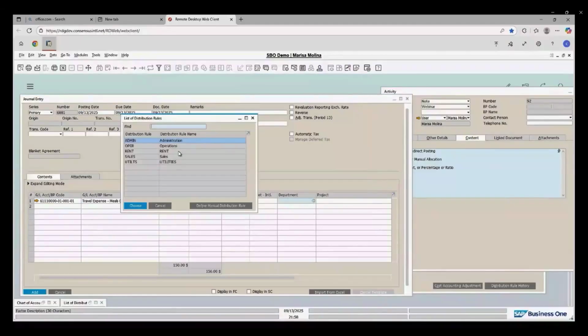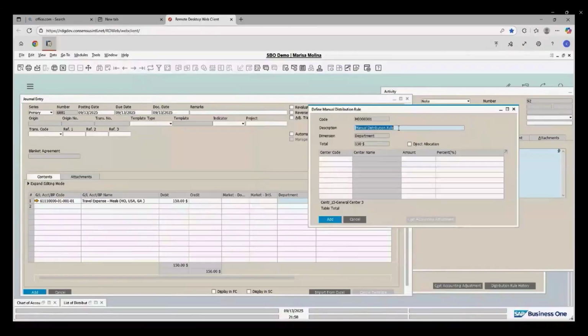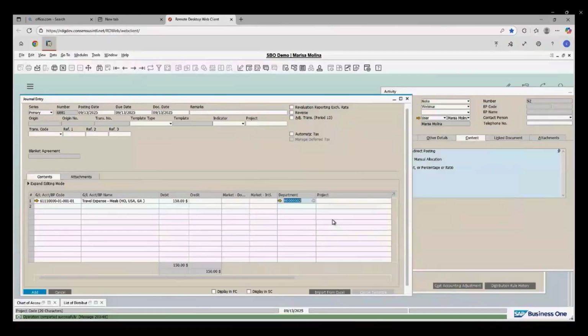But let's say that I want to define a manual distribution rule, because in this case, only now I want to assign these travel expenses to sales, and I want to say percentage 100%. Okay, and that's it. So in here I could have any other accounts, but in this case, this manual allocation, as you can see, starts with the M, applies only to the journal entry, only this time. So it is a one-time thing, okay? And it is perfectly fine, but you just did it manually. It is not automatic posting, okay? So that was the other one that I wanted to share with you.